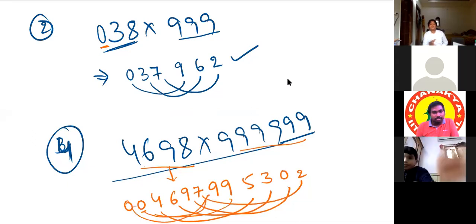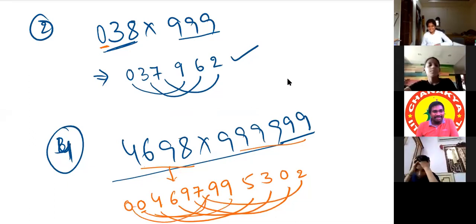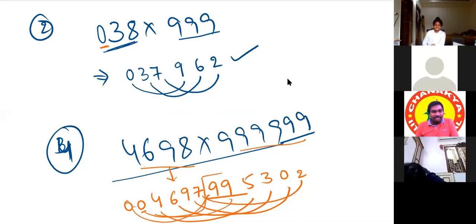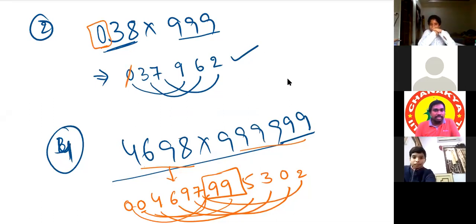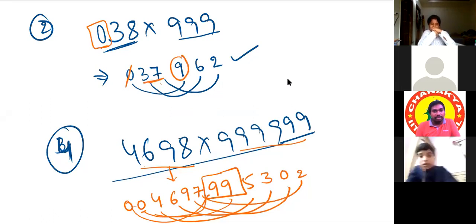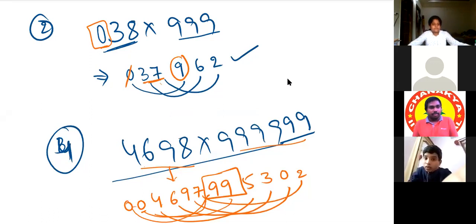Don't do that for these 2 nines also. I understood, sir, leaving those 2 nines for the remaining number. See, instead of keeping 0 here and later removing that 0, simply see how many extra nines are there. Those nines we can place here, and after that, for the given number, we do 9 minus. Sir, I did not understand this one. Can you explain again? Okay, I'll explain again.